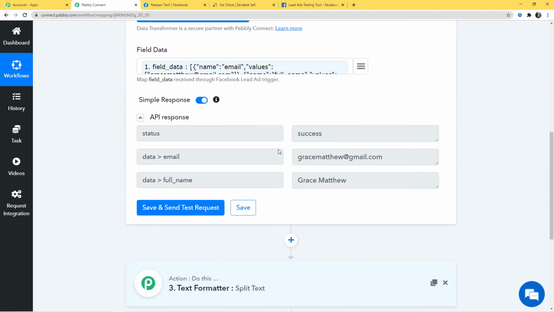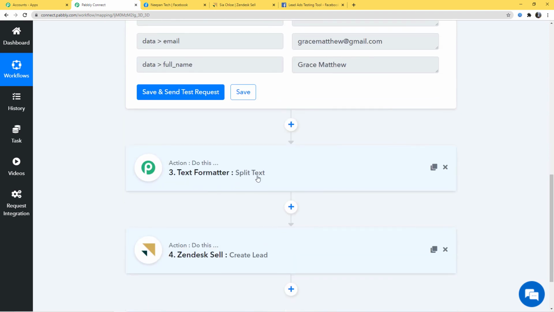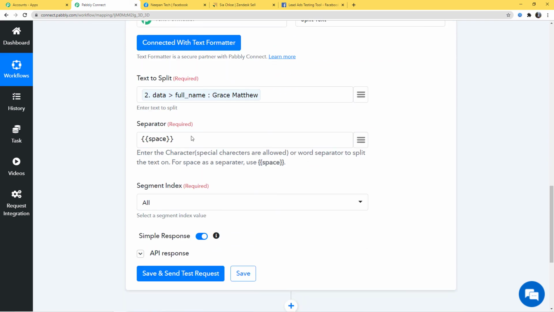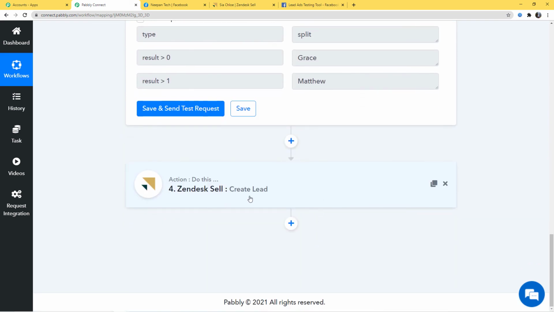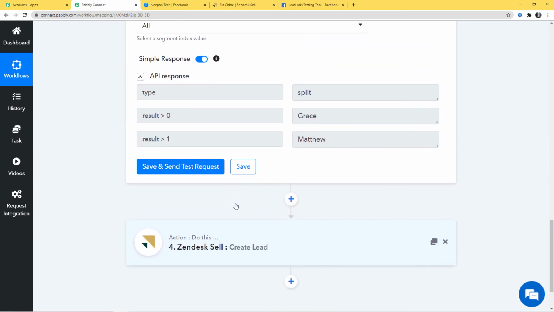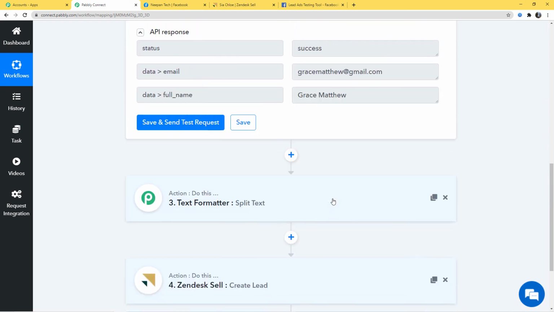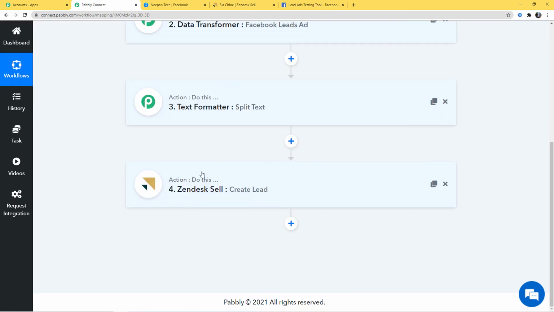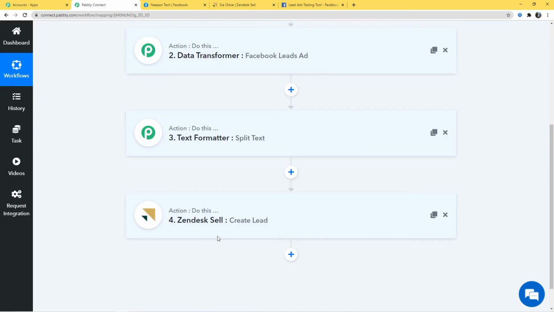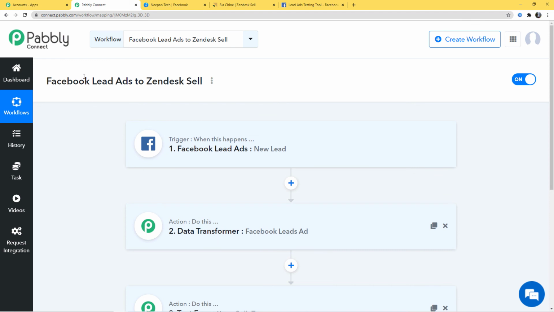And then we filtered our data. After that, we used the split text because we had to split our full name into first name and last name. And last, we created a new lead in Zendesk Sell. So now every time a new lead is generated through Facebook lead ads, automatically a new lead will be created in Zendesk Sell. So we have successfully finished the integration of Facebook lead ads with Zendesk Sell using Pabbly Connect.